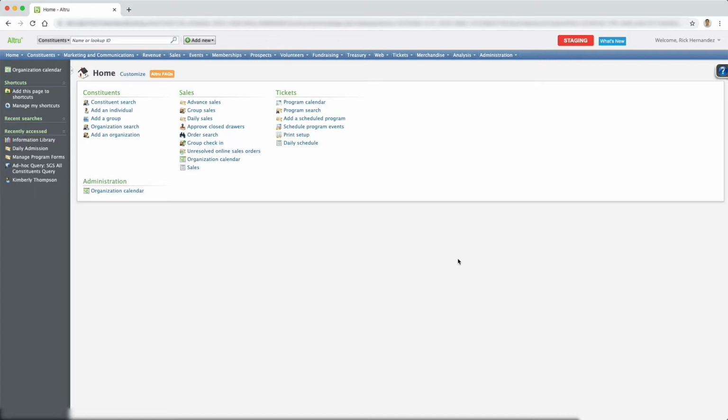This is Rick with Social Good Software, and in this short guide I'm going to be sharing with you how to create a program's query. These types of queries are useful for event calendars. If you want to create a calendar for general admission or for a specific event, these are typically the ones